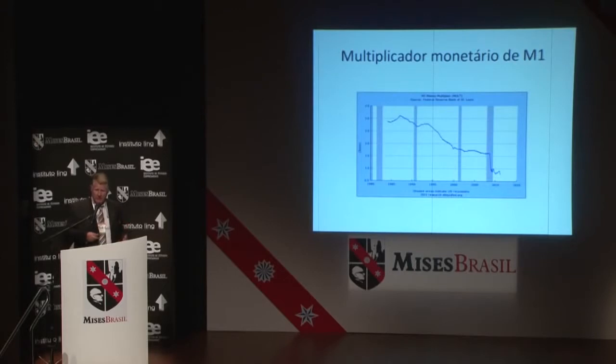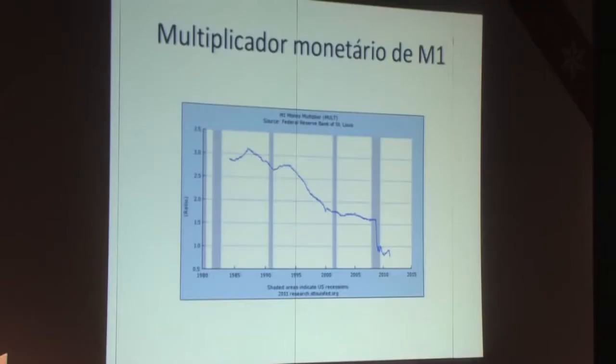And this small monetary base is multiplied by the banking sector, and this multiplier sometimes is called bank multiplier, and we notice that